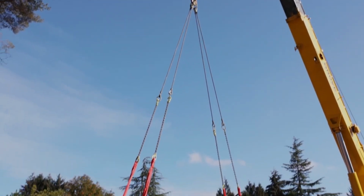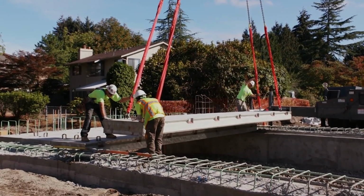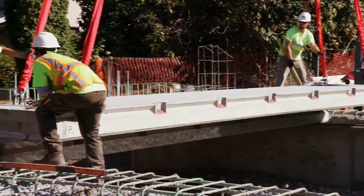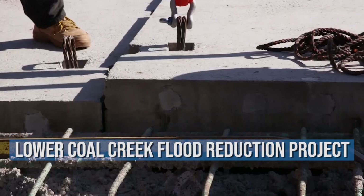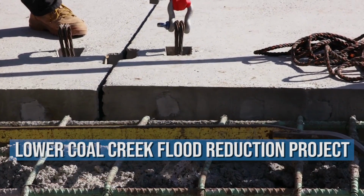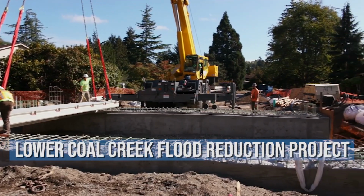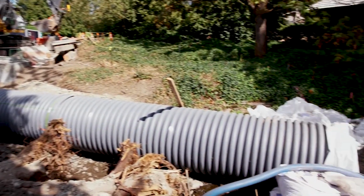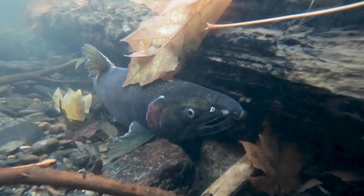So within Bellevue Utilities Storm and Surface Water CIP, there have been a number of projects that have been constructed over the years. More recently, there's been a series of bridges built in the Newport Shores neighborhood. These series of projects has helped reduce flooding within that neighborhood with undersized culverts. And by putting in bridges instead of pipes, it's not only solved the flooding problem, but also has enhanced fish